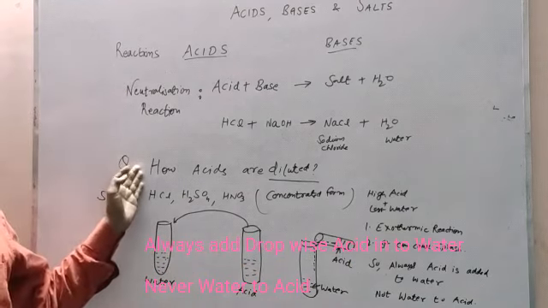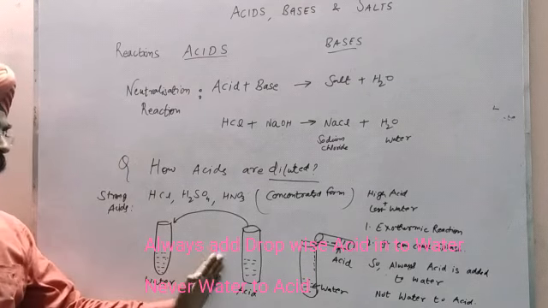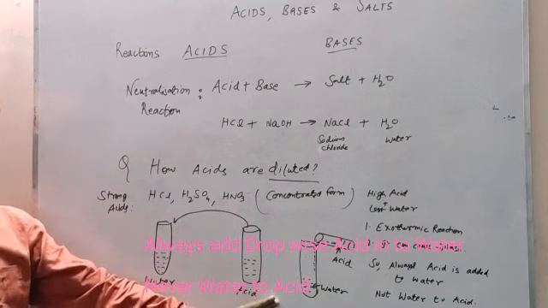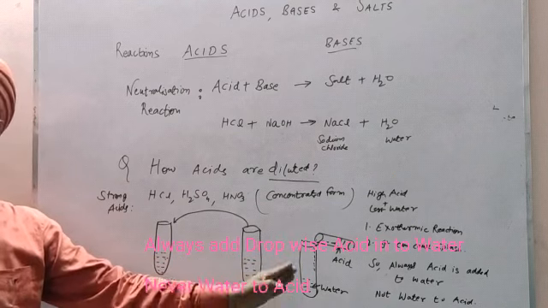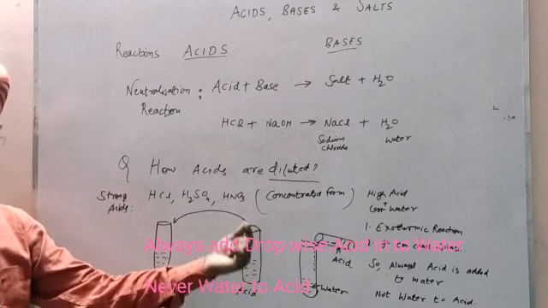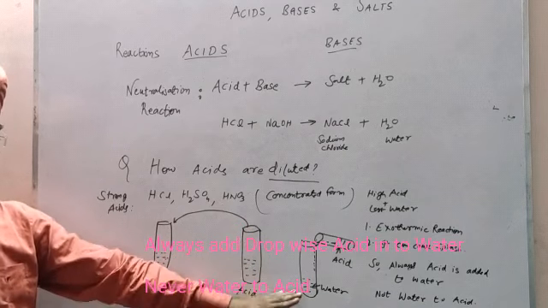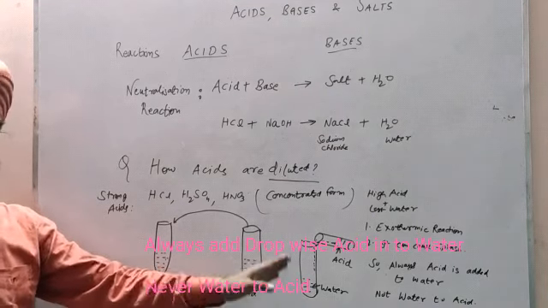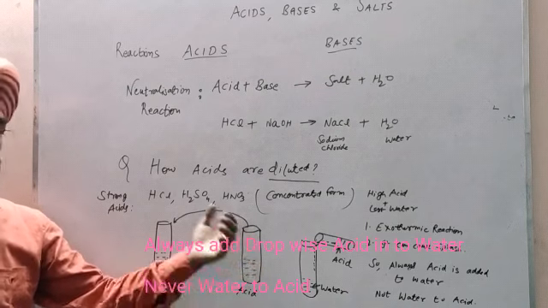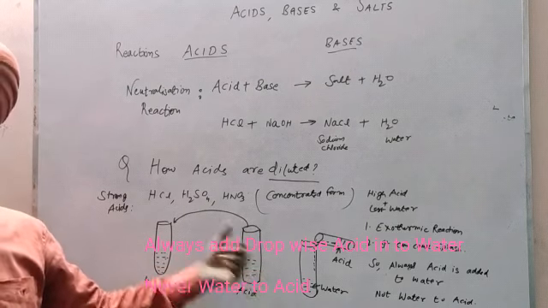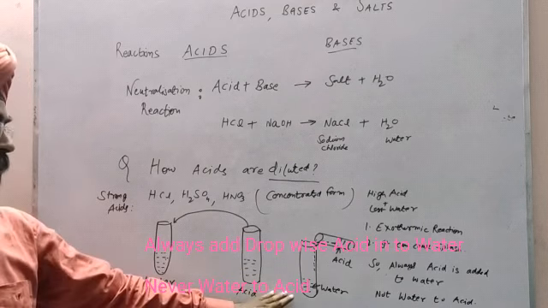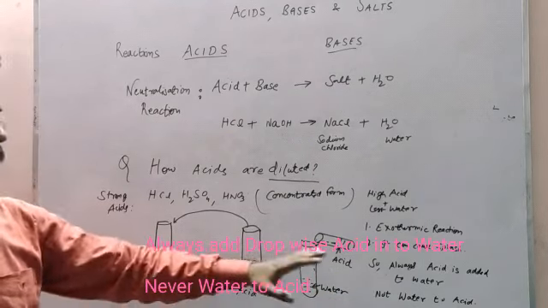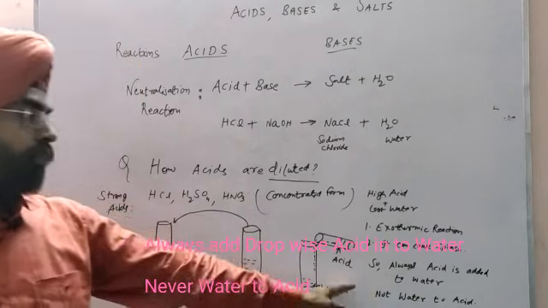So how are acids diluted? Acid is to be added slowly, right? Like I have shown in this diagram. Acid is added slowly to the water-containing test tube along the sides of the test tube, drop wise, so that whenever heat is generated in this test tube, it will be absorbed by the water. A high amount of water is already present, and the heat will be absorbed by the water, so it will control the exothermic reaction and no splash will be there. And always acid is added to the water and not water to the acid.